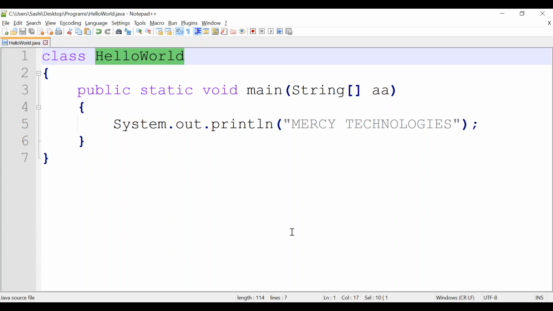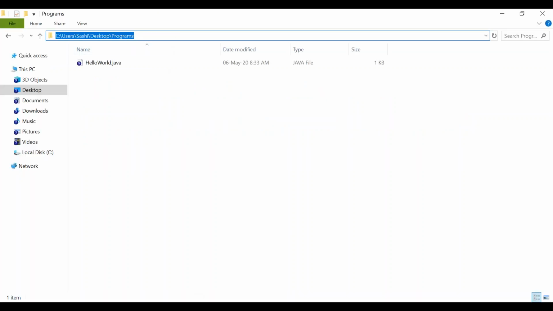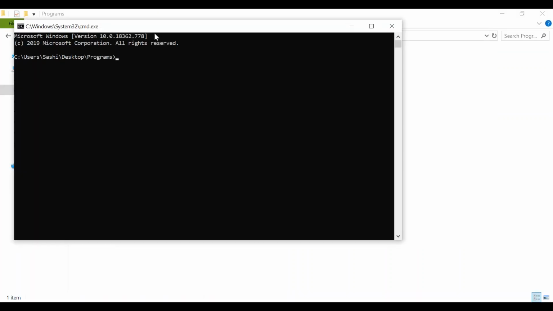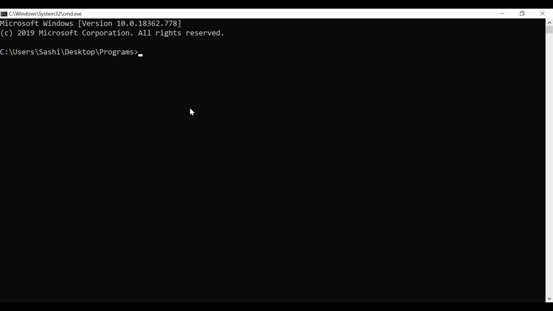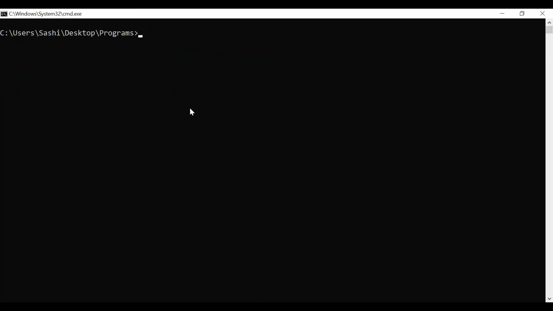Usually we will compile this program: go to the location where you have created HelloWorld and compile it using the command javac filename.java. Once compilation is successful, we run it using the java command.